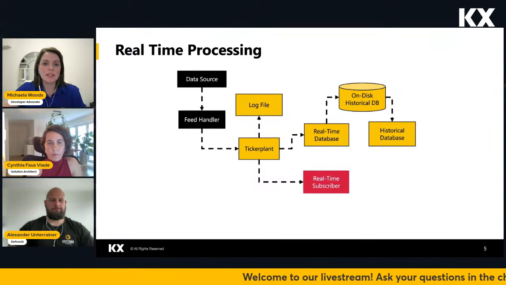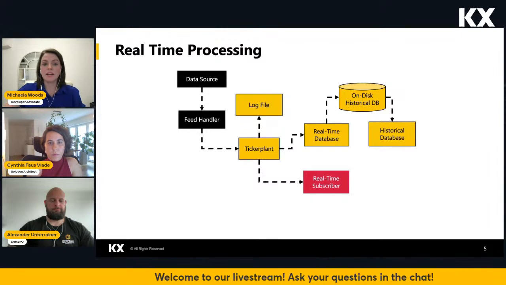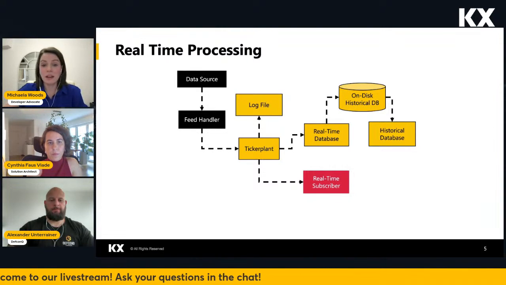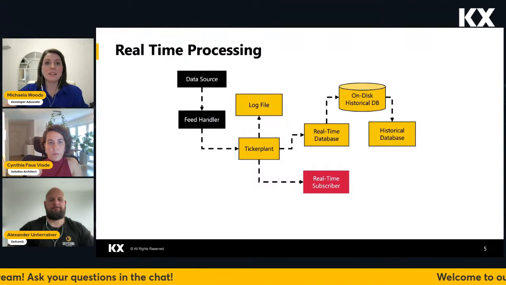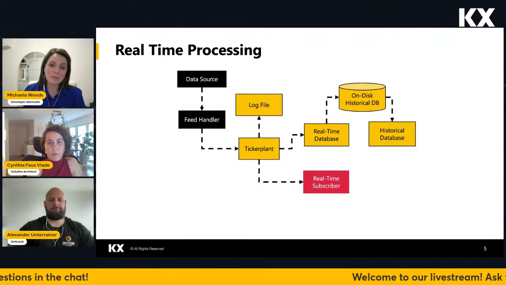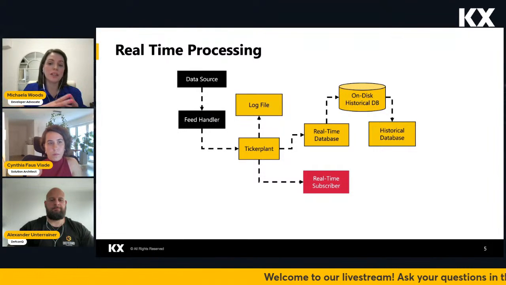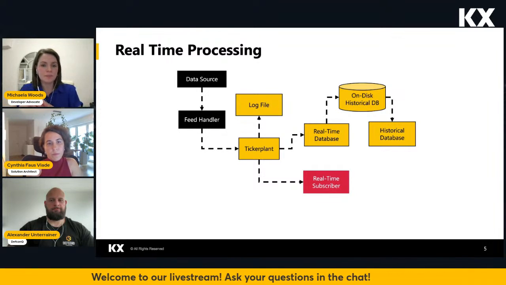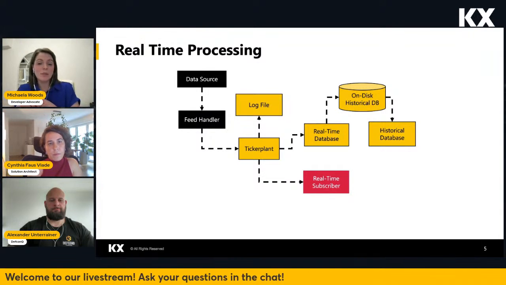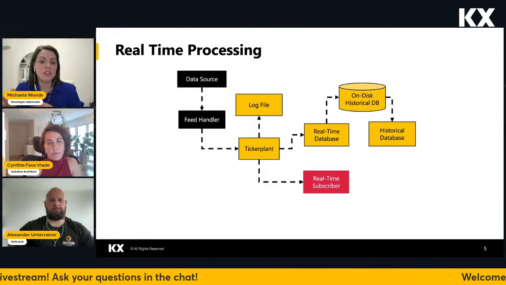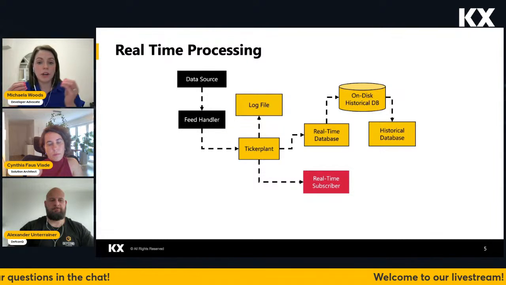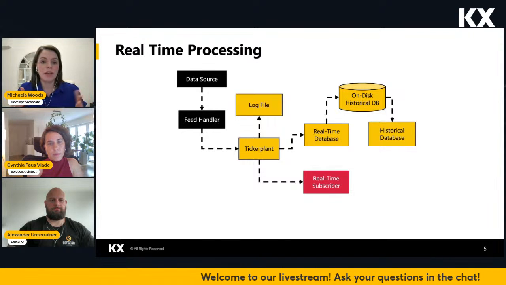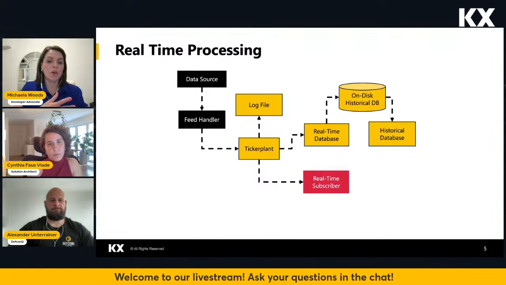So that process is responsible for keeping a record of all today's data stored in tables. So it can be very lightweight and straightforward, and that subscribes to the ticker plant, meaning that every new record that comes in to the ticker plant is going to be updated in the RDB table. And then in a basic setup, typically at the end of each day, the RDB will purge its data and save that down to disk, clearing out its memory so that tomorrow it's ready to capture all that intraday data